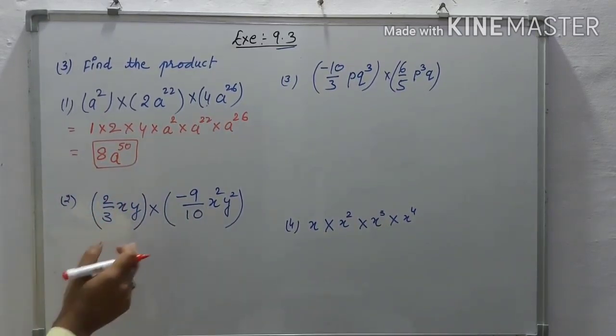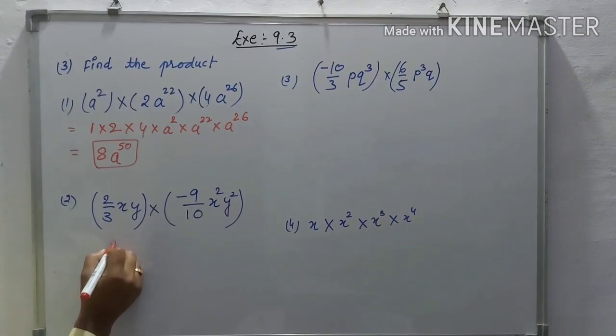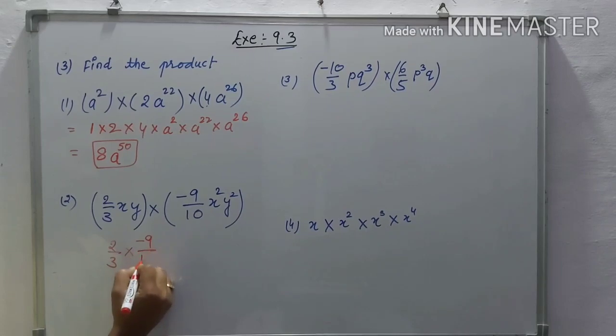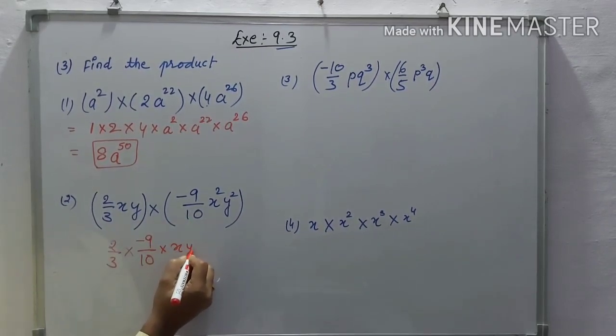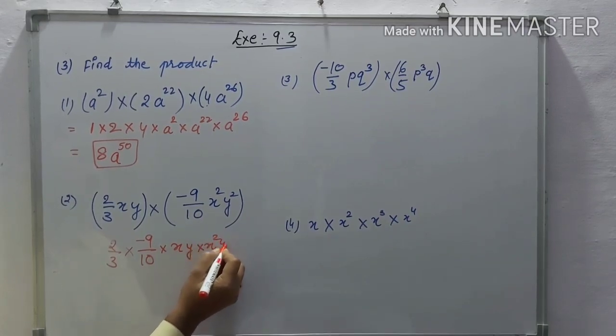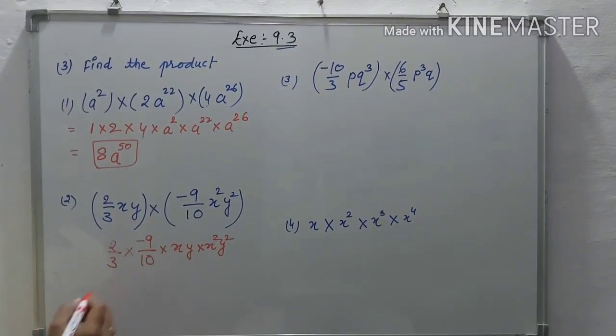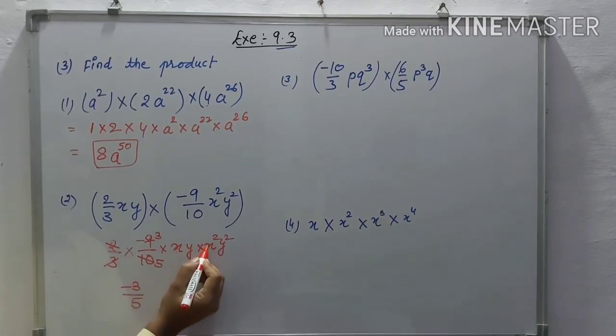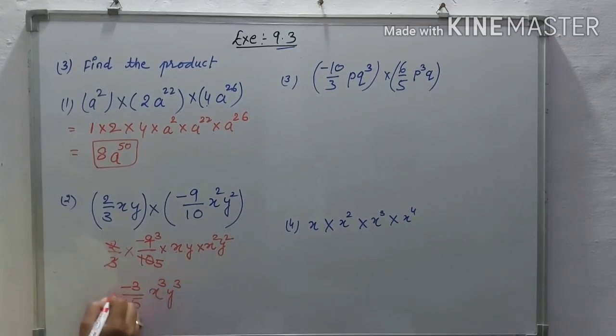Okay, now second question is 2 upon 3 multiply 9 upon 10, because it is the variable x y into x square y square. Okay, the 2 fives are 10 and 3 threes are 9, that is minus 3 upon 5, x 1 and 2 is 3, x 3 times and y also 3 times. So this is the answer after